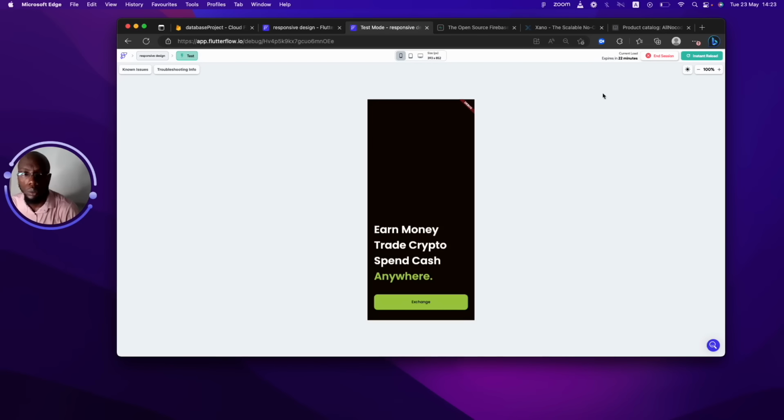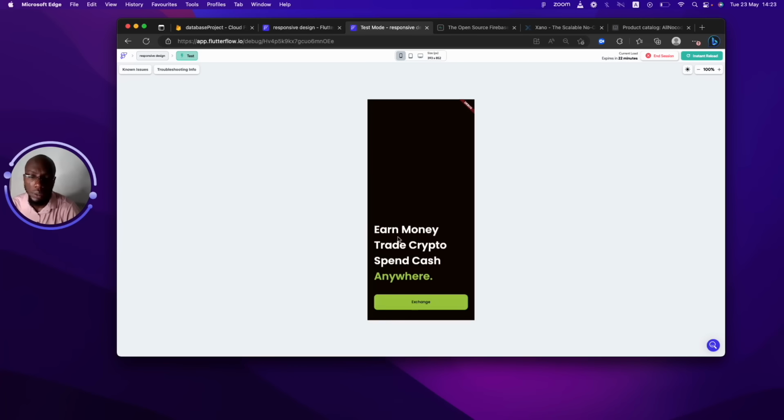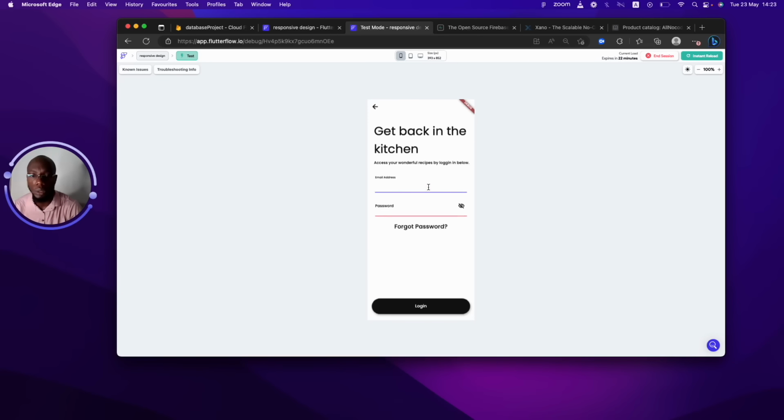Okay, so it's going to take a few minutes for it to load. The first time it loads really slow, but later it loads really fast. So we have this, and then we'll go ahead and click on our exchange, and this is where we get to put in our email and our password. So I'm just going to put in the test email at gmail.com, password 9, and then